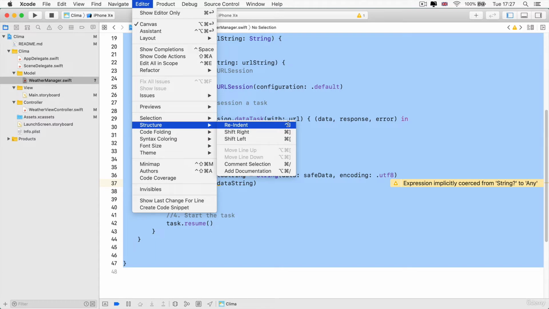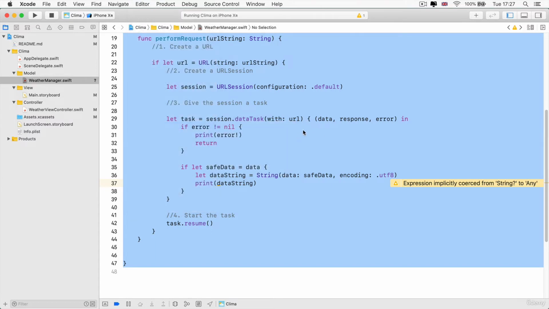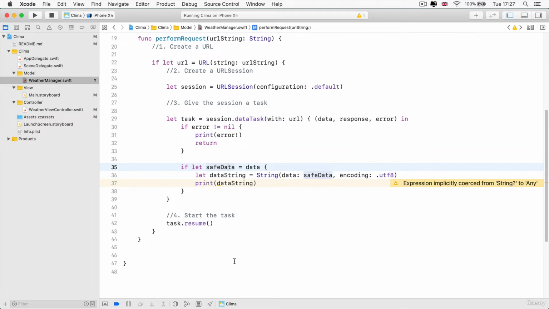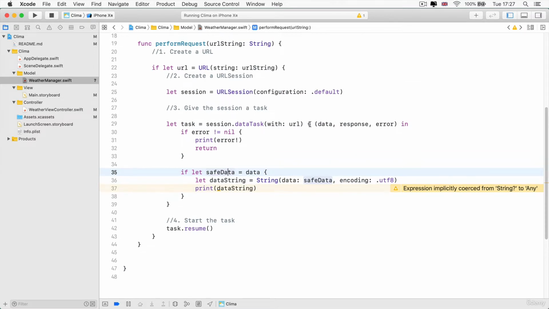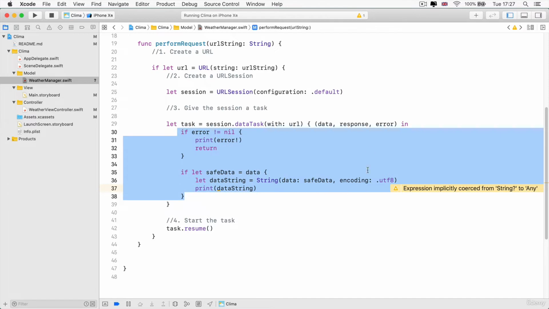So this is what I see. You might have something different. And now I've reformatted my code to look a lot more Swifty with my anonymous function here. And I've got my trailing closure, which is going to carry out this task once it completes with the data